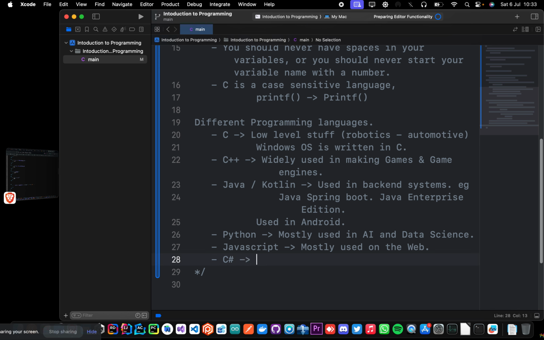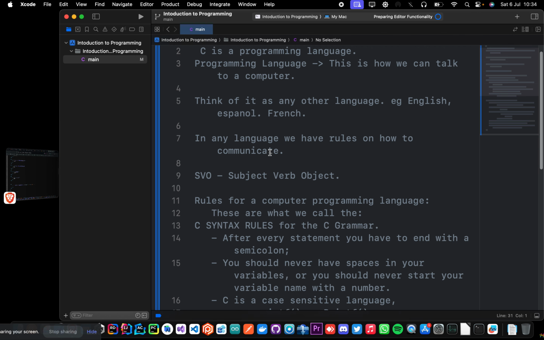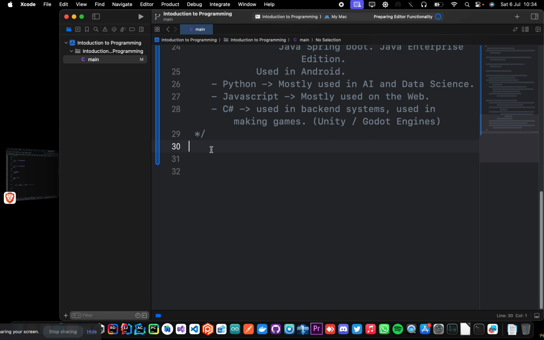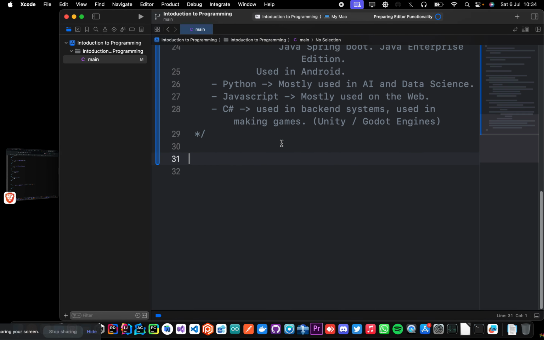And C# is also used in backend systems, and also used in making games, something like Unity or Godot engines. So this is just the tip of the iceberg when we come to programming languages. We have languages like Go, we have languages like Rust, we have so many languages. And each of them has its strengths and weaknesses in different stacks. So now today what I wanted us to cover is a brief introduction to C programming, because